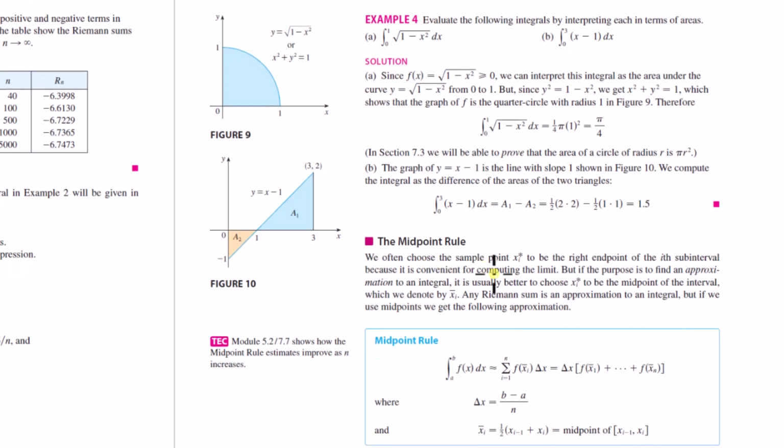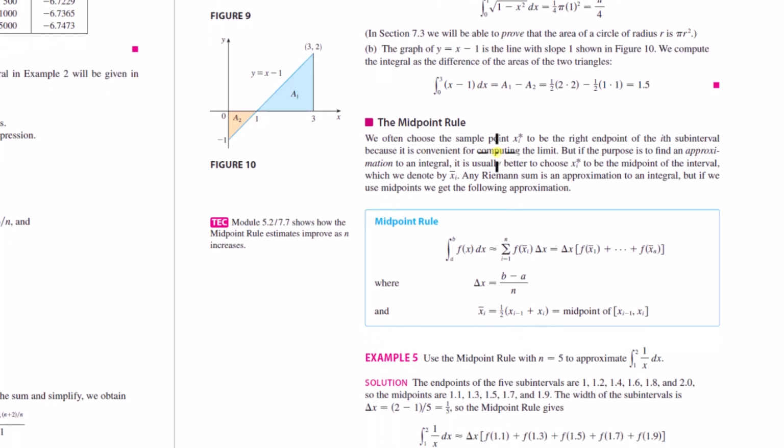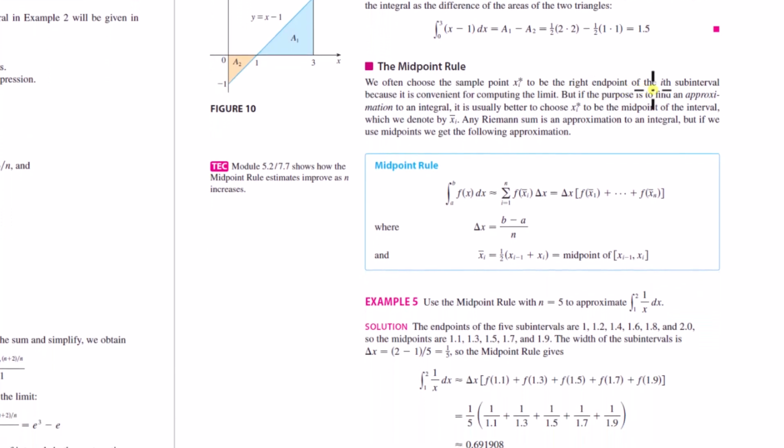Okay, the midpoint rule. We often choose the sample point to be the right endpoint of the ith subinterval because it is convenient for computing the limit. But if the purpose is to find an approximation to an integral, it is usually better to choose the xi star to be the midpoint of the interval, which we denote by x bar i. So what they're saying here is that for the infinite sum, for the definite integral, as we saw, it's convenient to use the